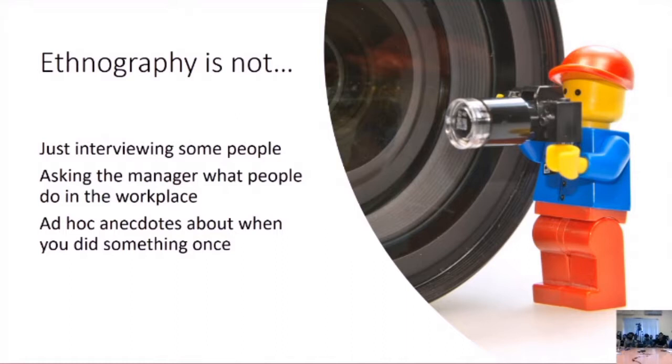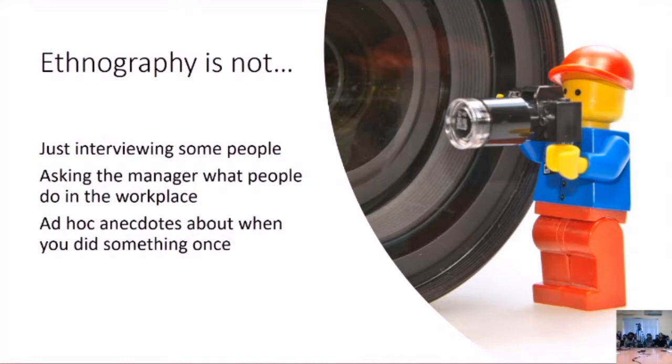And it's not ad hoc anecdotes about what you did when you did something once. Oh my goodness, when I talk about the auto drivers, there's always someone who will pop up with an ad hoc anecdote about when they got an auto once. And it does drive me mad, because whilst we might not be able to generalize, our data collection is empirical.